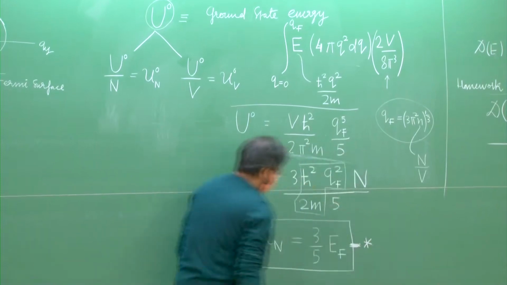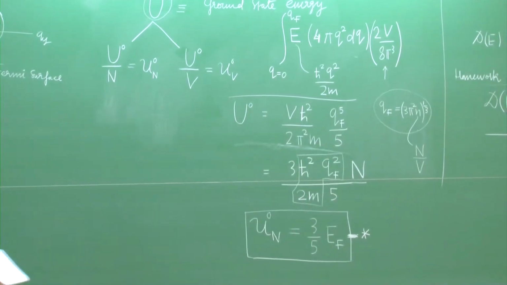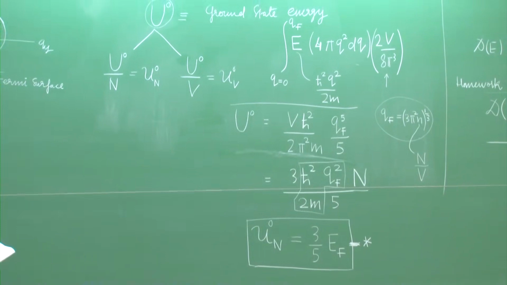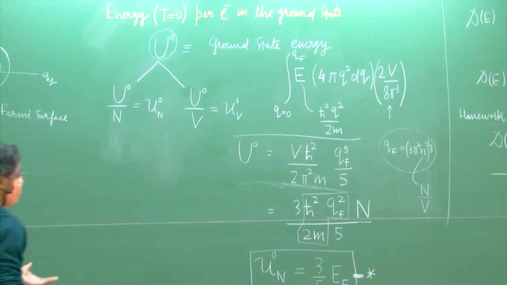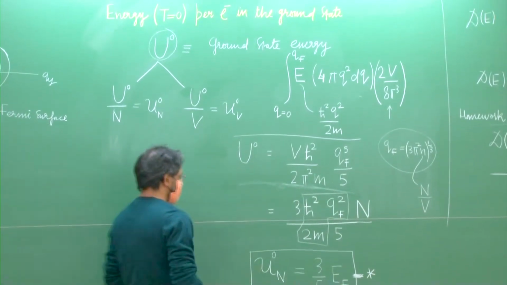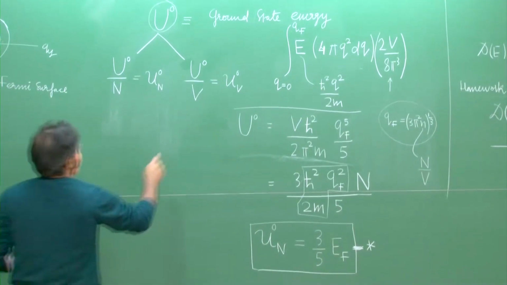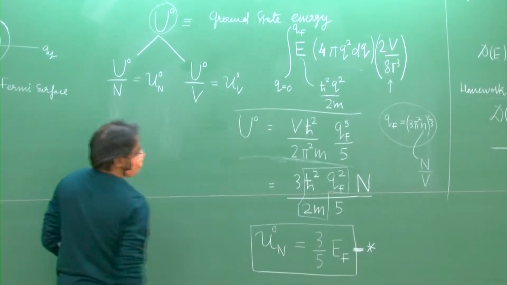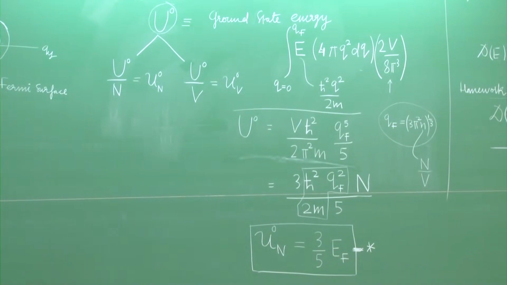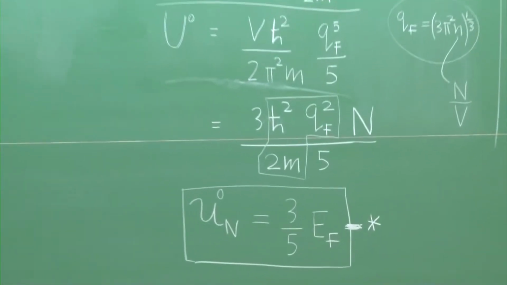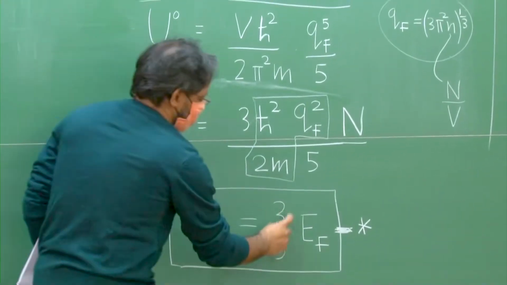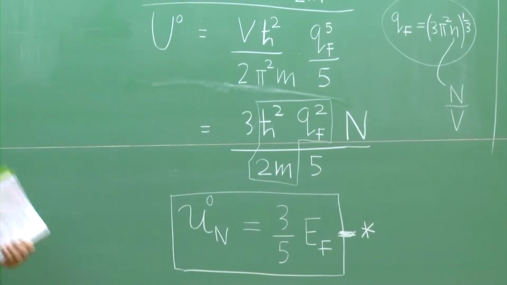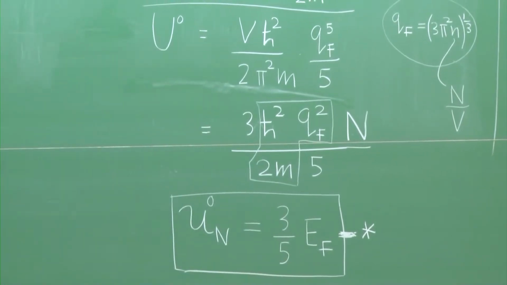Often this is asked in the exams: find out the ground state energy of an electron gas per electron, per particle. This is what it is. If you have to find the same thing per volume, that also you can do. Then you will divide on both sides by V, and so you will have a little n sitting here. Okay, good. Now, we go further,